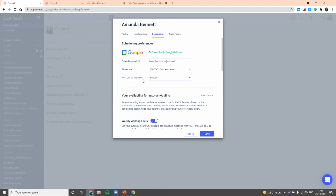It allows you to see availability of managers and your own calendar when scheduling interviews. This can be connected, as I mentioned, with Google or with Office 365. All you need to do is enter your email and click connect. So this is what you've had up until today within Comeet, and now what's new is the availability for auto